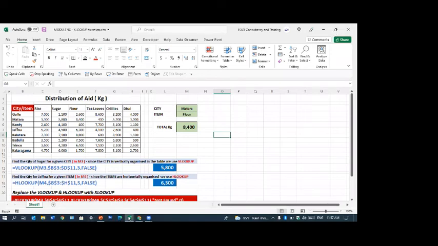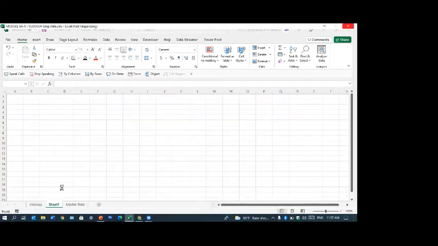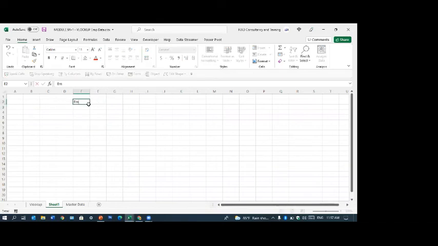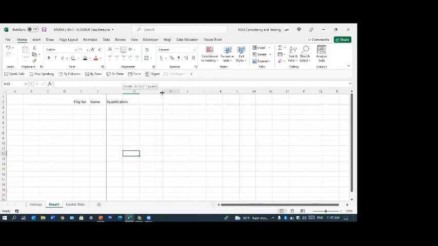No, it was something like this. I'll explain what the issue was. The issue was they were having employee numbers like this. I'll just put some data and show you. Employee number, name, and qualification. In HR, you might need to do this, right?